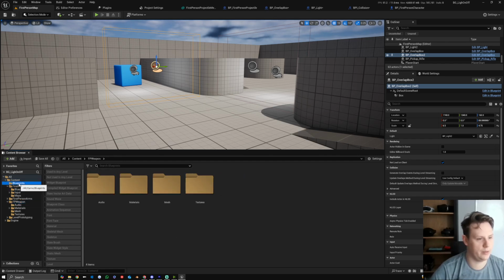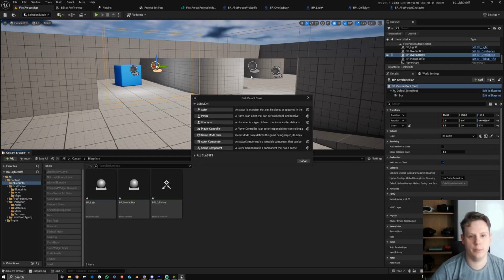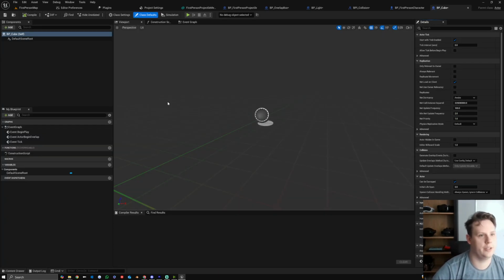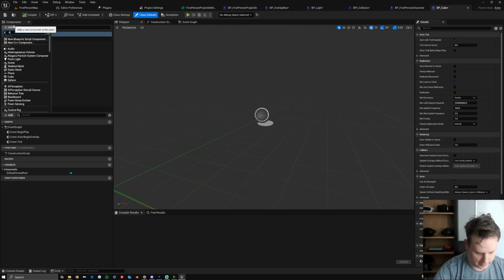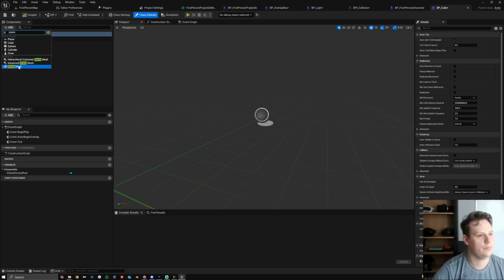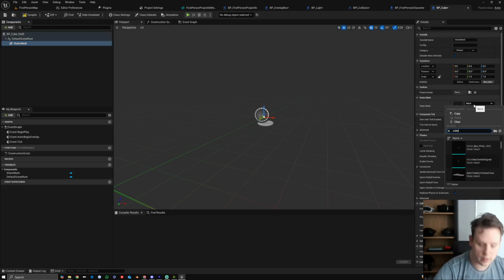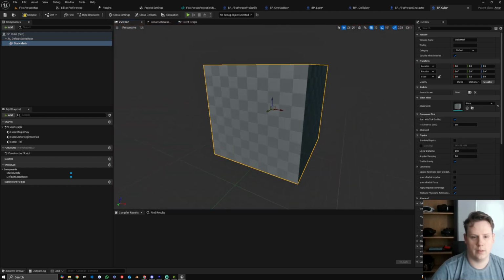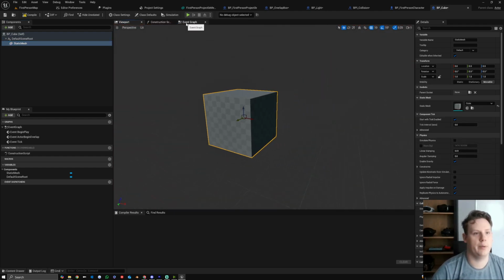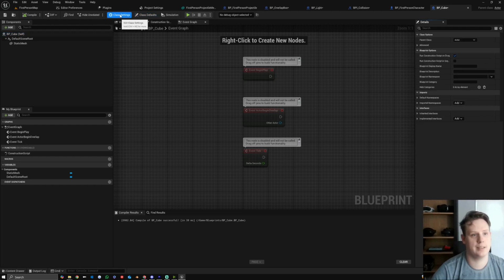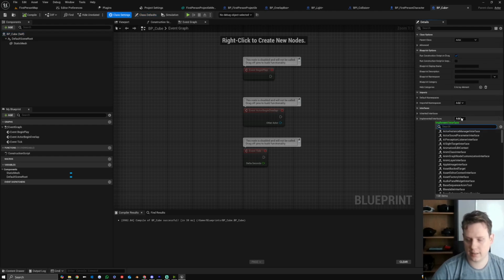If we go back to our blueprints folder, we'll create a new blueprint class. This could be BP underscore cube. Then what I could do in here is create a component, which is a static mesh. And then create a cube. Now if we zoom out, we can see that cube. And we can do the exact same thing that we did with our light. So we can go to class settings, add interface, which is